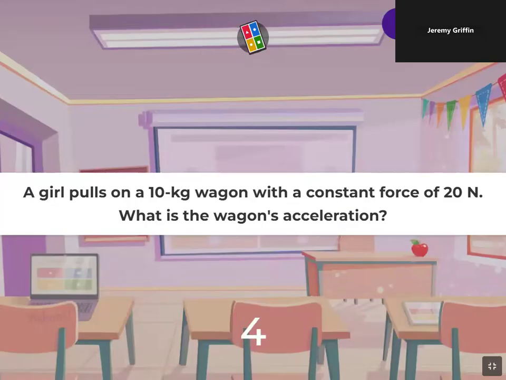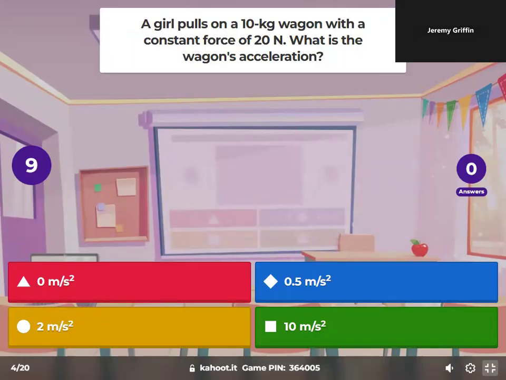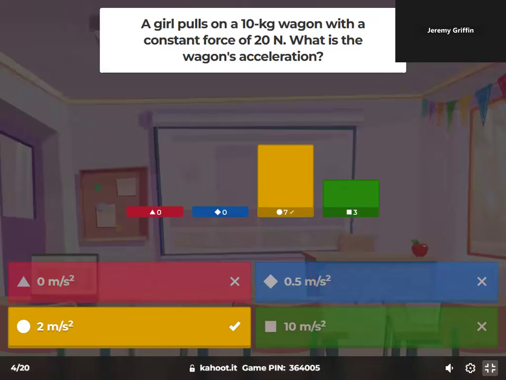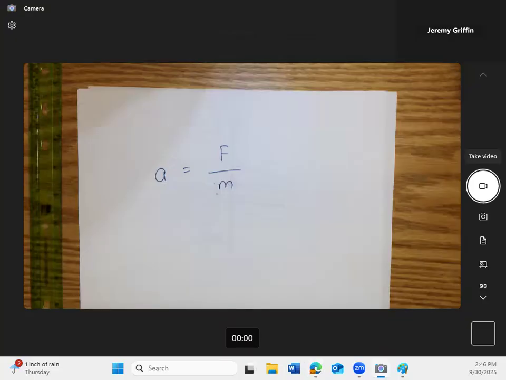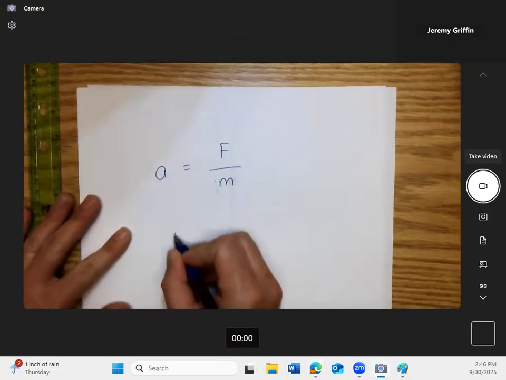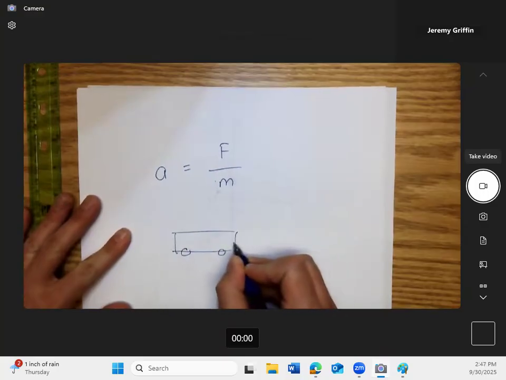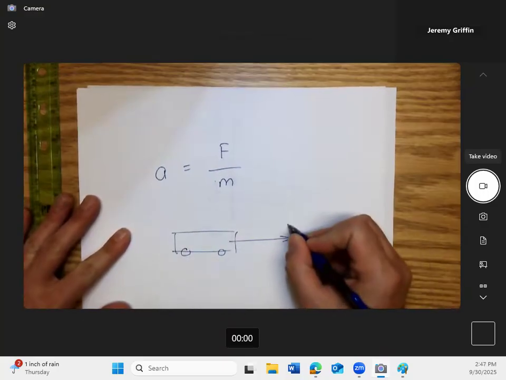A girl pulls a 10-kilogram wagon with a force of 20 newtons. What's the acceleration? Yeah, that's it. So you just divide them, right? 20 newtons on 10 kilograms. Now, maybe this is a little simplified because we're assuming there's no friction force. So here, maybe I'm thinking something like this. Right, we got a wagon. If you pull it strictly horizontally with the force of